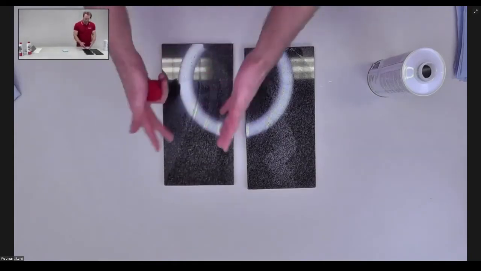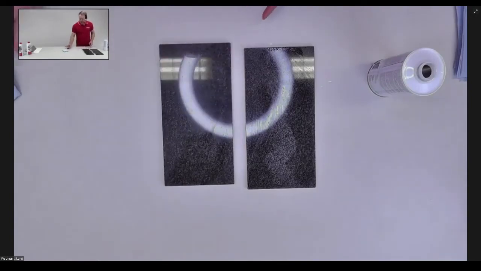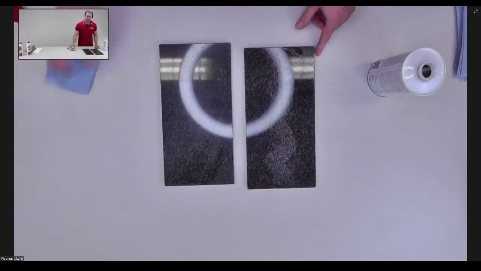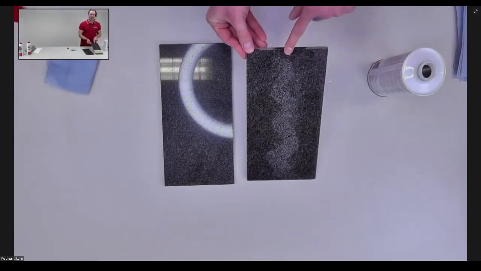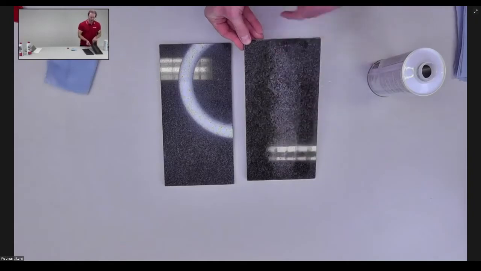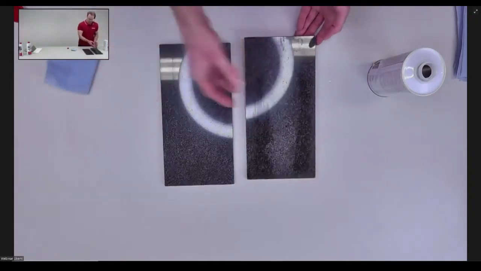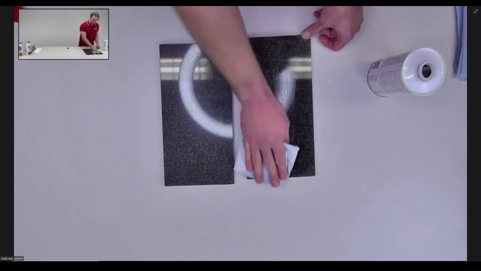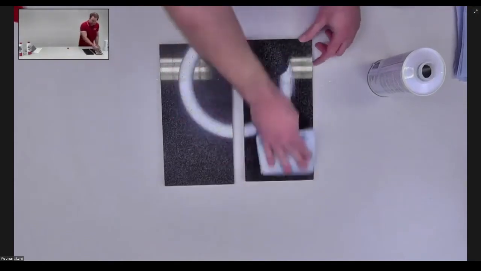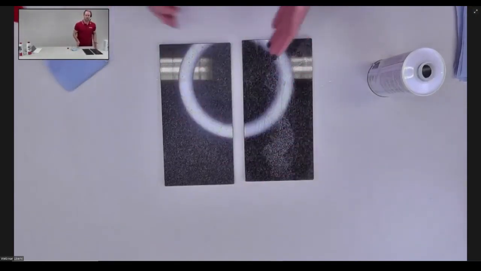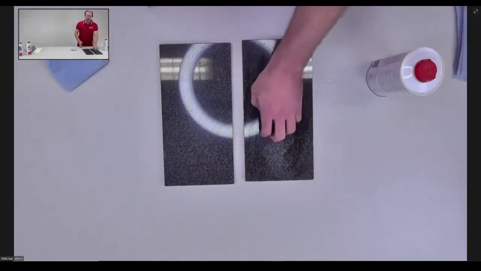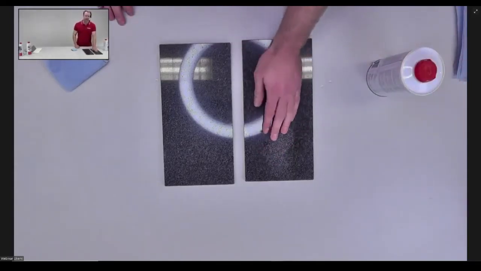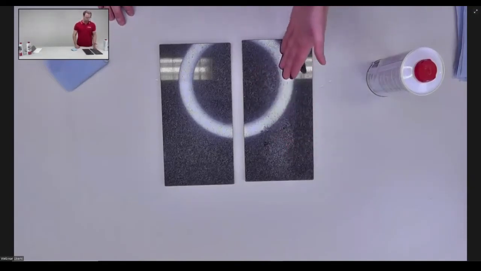And on this side here, you can see there's a mark inside, which was not visible before. It was on the dry stone. We could not see it. So it could be some leftovers, maybe of some silicone or of some sealers, or I don't know, or it could be a stone mineral structure. In this case, of course, it's not. But this must be cleaned first. So here you have to get rid of this staining, to remove it, and then you can treat it. But this stone on that side, there was nothing visible. So this is perfect